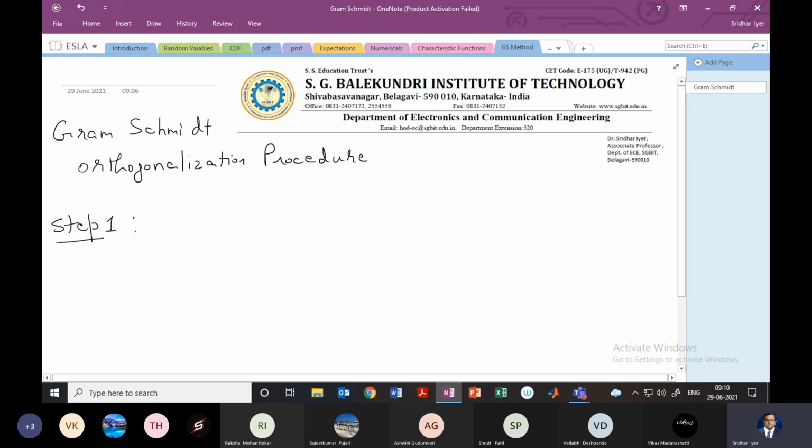So the first step is we'll be given some matrix A, and we consider it as A, and we calculate the first basis Q1. I had told you about the nomenclature also. In different books and over internet sources, you have different nomenclature, but for clarity, we'll follow this one. So we'll calculate the first basis, which is Q1, and that is nothing but A divided by the length of A. This will be step number 1.